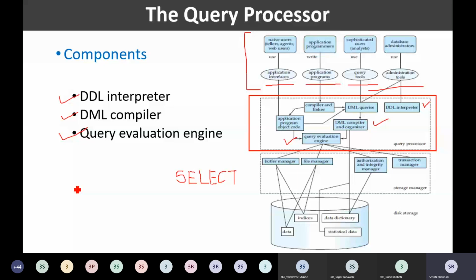But if I go with the second plan, what will happen? In the first step, I have extracted the data for 200 instructors. And in the second step, I'm going to compare whether these 200 instructors have the computer science branch. So 200 comparisons I would have for the second step, right? In the second plan.